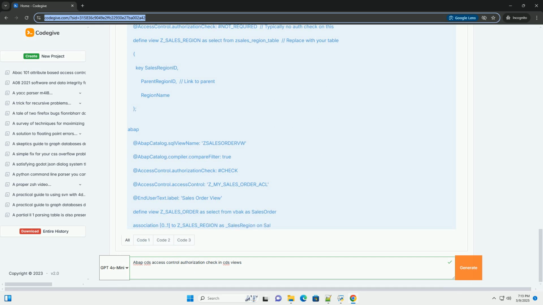3. Creating an authorization object, transaction SU21. Before implementing CDS access control, you need to define the ABAP authorization objects that will be used to control access. 1. Go to transaction SU21, Authorization Object Maintenance. 2. Create a new authorization class, optional, for organizational purposes. 3. Create a new authorization object within the class. Let's create Z_MY_SALES_ORG for controlling access to sales organizations. 4. Define the authorization fields: